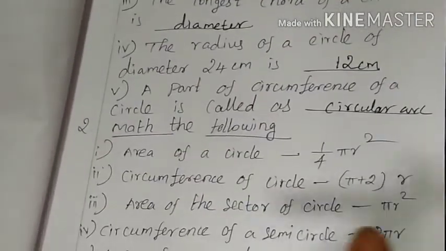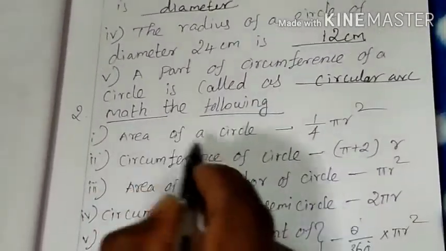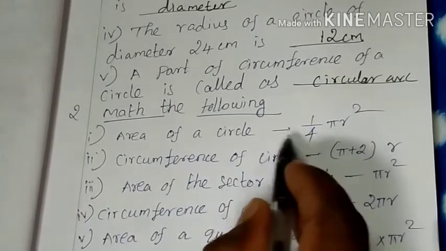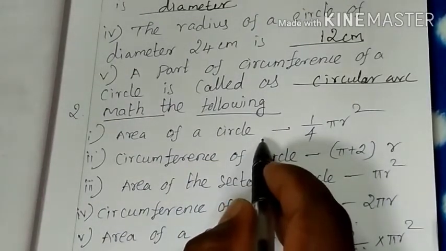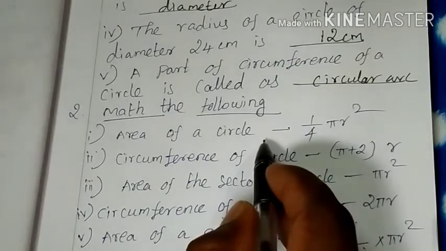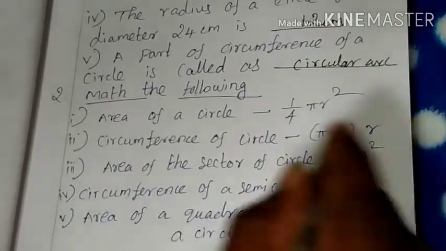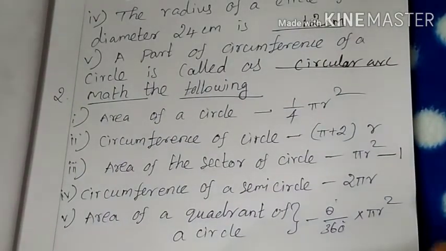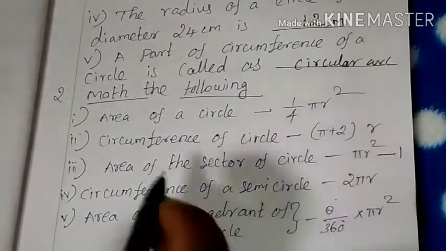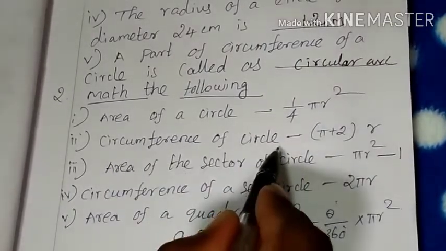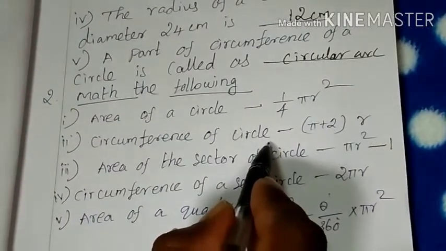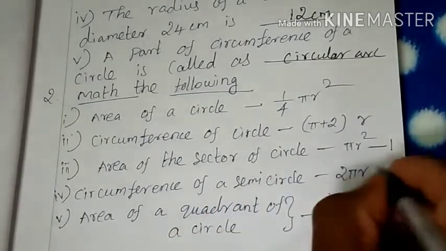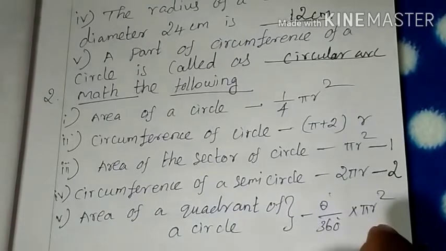Then the match. Second question, match the following. Area of the circle is what? Already known the formula. What is the area of the circle formula? Pi r square square units. So where is it obtained? The third option. This is for 1. So you want to take and write area of the circle is equal to pi r square. Then circumference of circle. This is your second question. What is the circumference of circle? 2 pi r. This is for the fourth option. Okay, 2 pi r units.